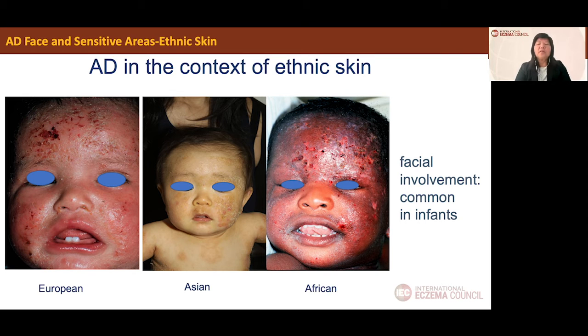In terms of facial involvement, it's very common in infants. And here I show you 3 infants from our clinic, one of European descent, one Asian, and one African. Despite the same geographic topography of those lesions, you can see that the skin of color is different, and the different tones of erythema can be observed. So this is the typical Caucasian pattern, the Asian pattern with brownish tones, and the African pattern with violaceous to